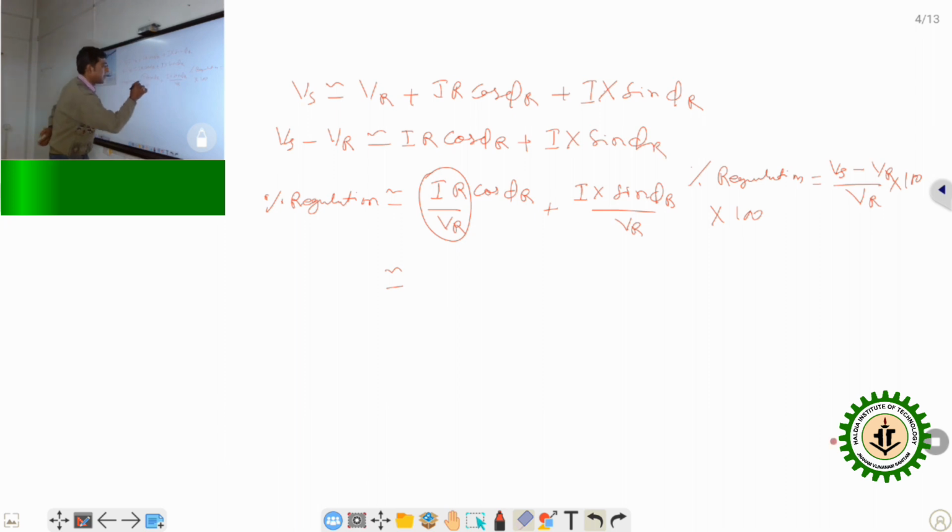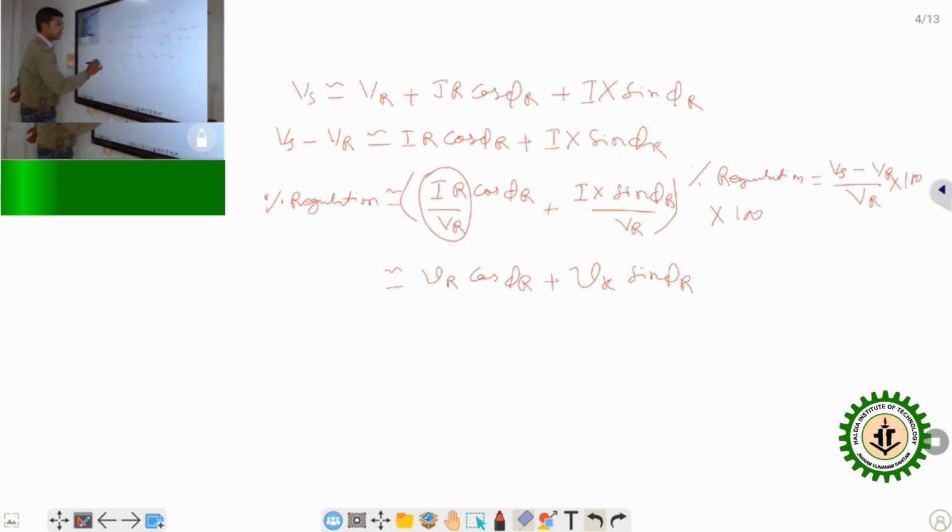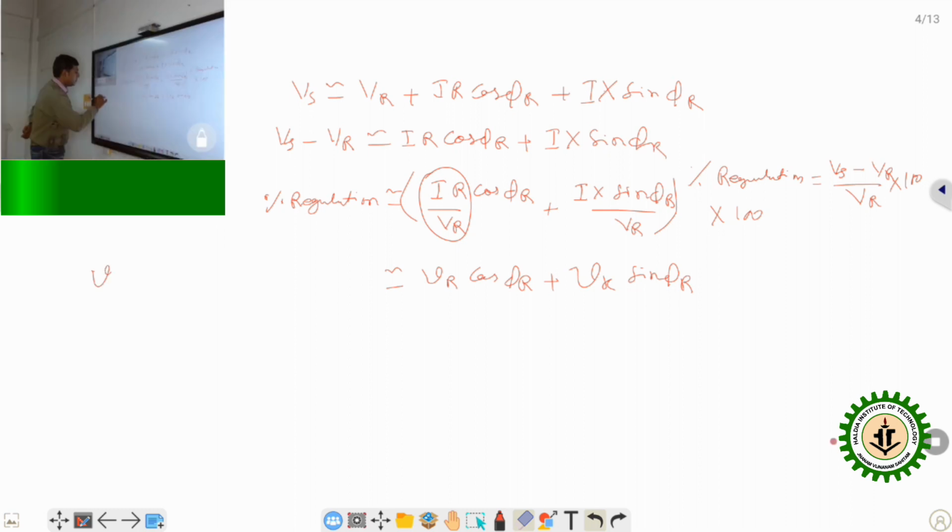This is VR, and here we can write Vr is the drop, Vr cos phi plus Vx sin phi. VR means IR divided by VR multiplied by 100. And this VR is known as percentage